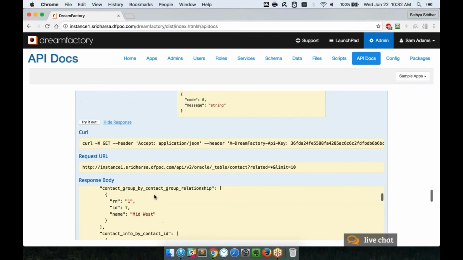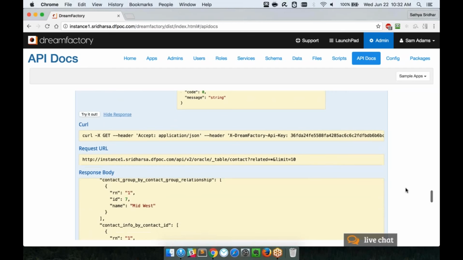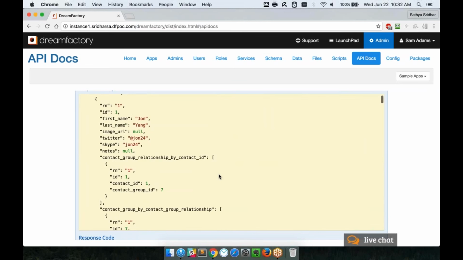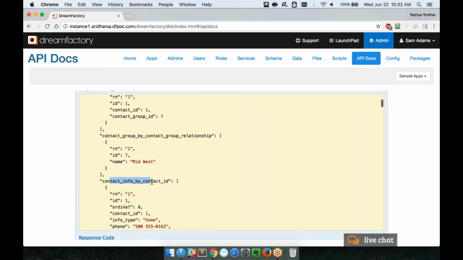But now, let me move that up a little bit so you can see this better. There we go. The same record as before, but now look at that. I have related information brought back to me as it relates to this particular record. And this is by contact group relationship, contact group, and contact info. So it's going in and fetching information from the child records, child tables itself, and then bringing back all related